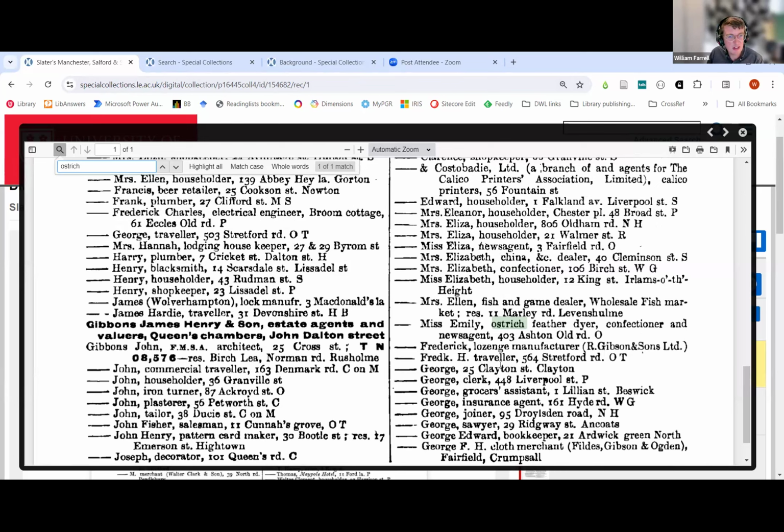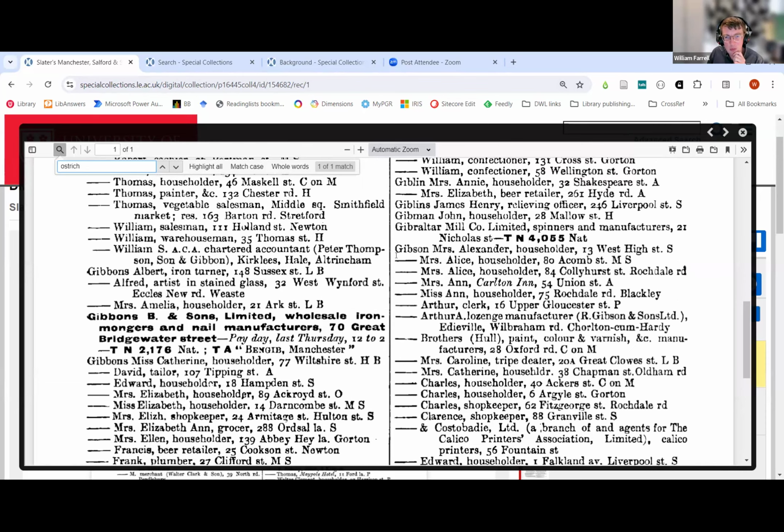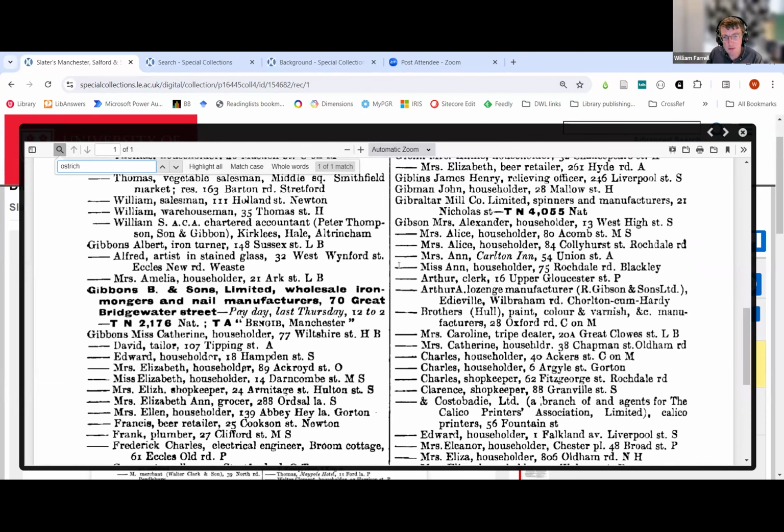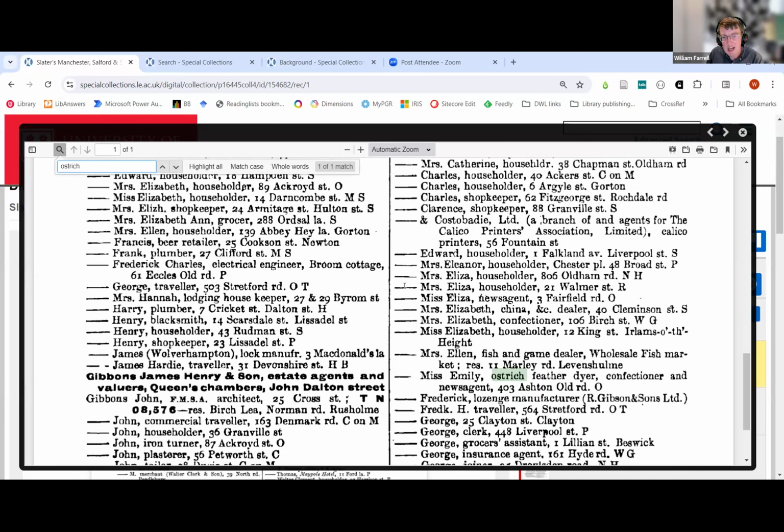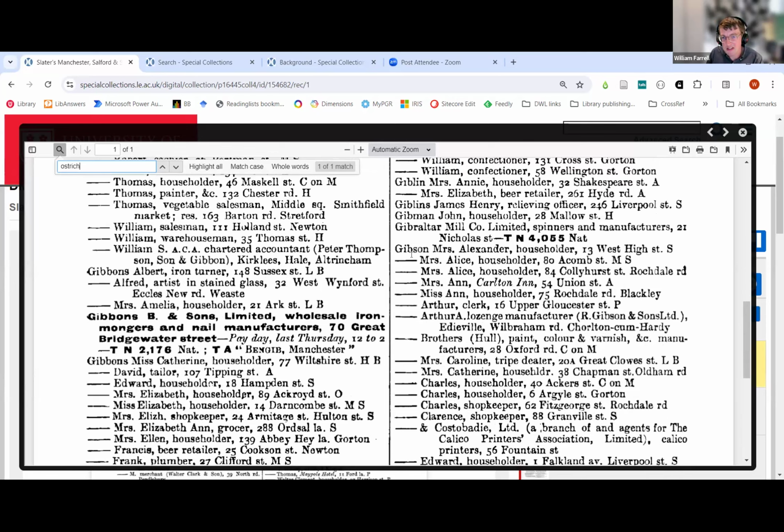You can also see another thing that always confuses the computer is where you've got multiple listings for the same surname, in this case Gibson, and it does the ditto convention instead of reproducing the surname. And again, this can confuse the computerized keyword searching. And maybe another, if you're not finding someone who you're sure is there, or it seems to take ages to find them on the page, this kind of layout or way of presenting the names could be the culprit.